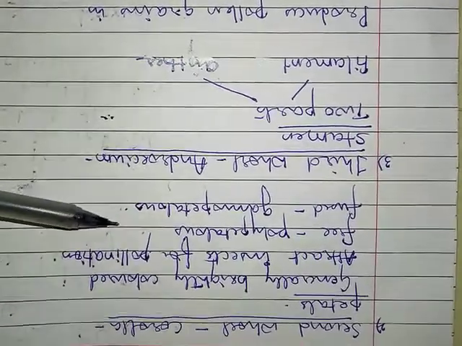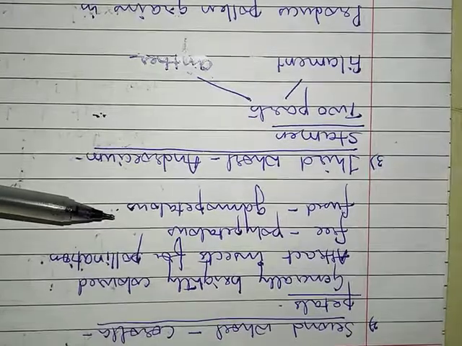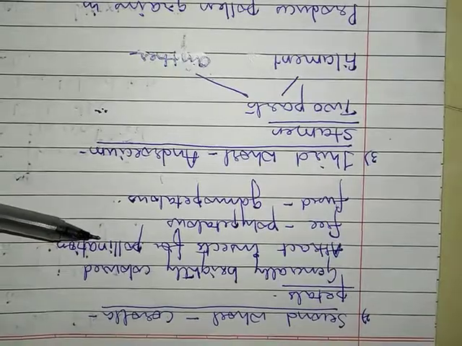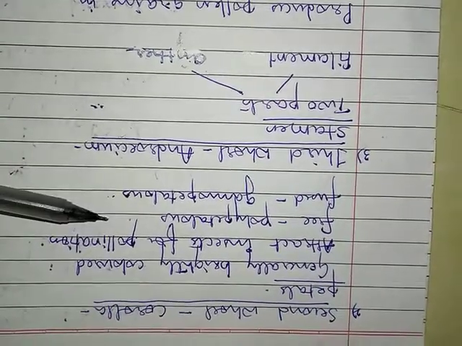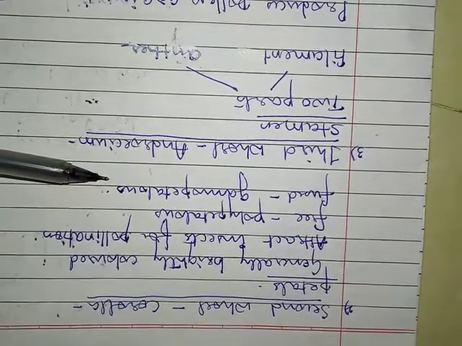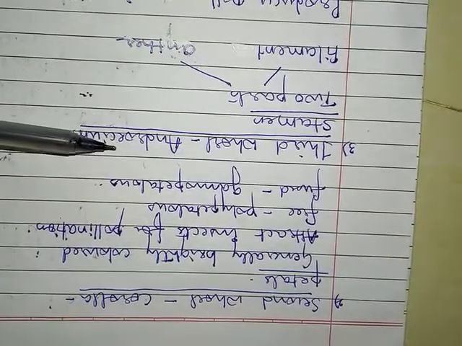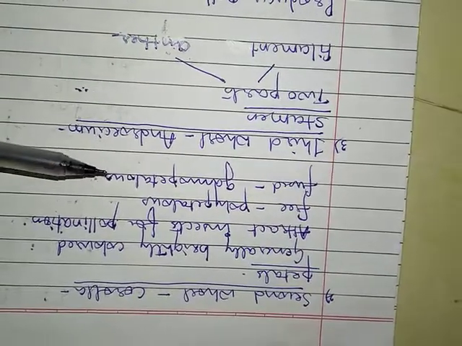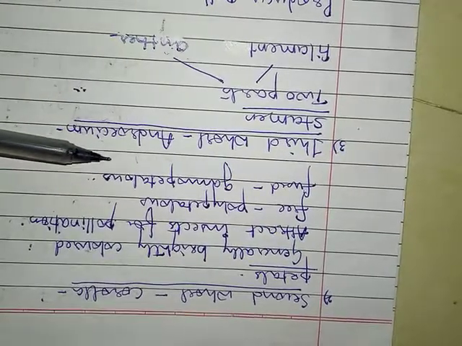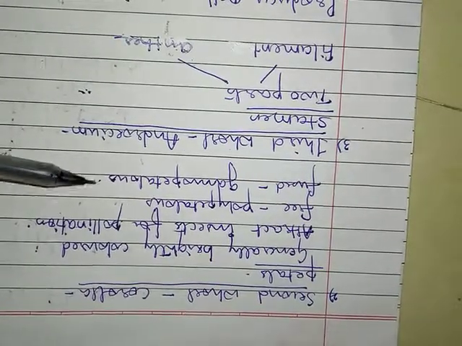As discussed earlier, you should remember that calyx and corolla are called non-essential whorls of the flower because they are helping whorls. They are not directly involved in the process of reproduction, but they help in the process of reproduction. For example, the calyx will be protecting the androecium and gynoecium when they are in bud condition, or the petals will be attracting the insects for the process of pollination, which is important for reproduction. So they are helping hands to the flower, but they are called non-essential whorls because they are not directly involved in the process of reproduction.